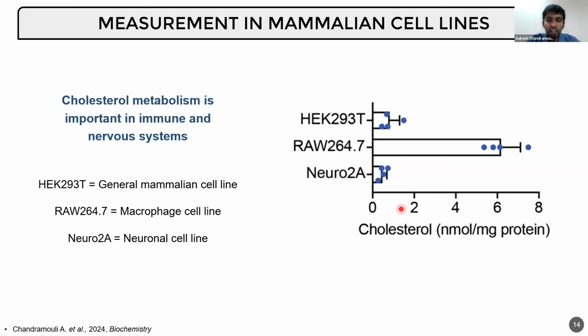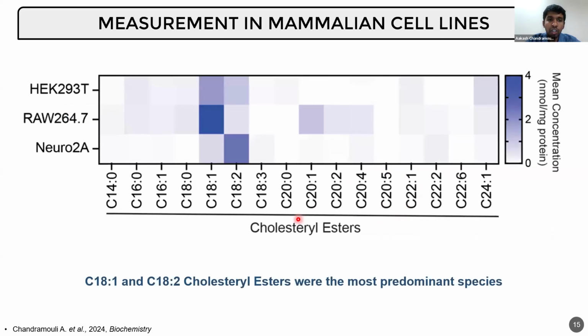After this, we profiled the different cholesterol ester species, and the graph here basically shows a heat map of different species of cholesterol ester of varying chain lengths with different unsaturations, which are plotted to the mean concentration that are normalized to the protein content of the cells. So from this heat map, we can clearly see that all the 3 cell lines